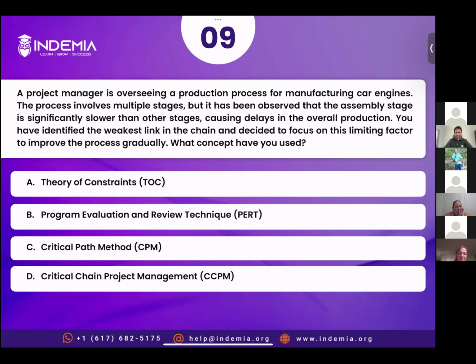All right. Thank you. Robin, you have chosen option C. Yes, quite honestly, I didn't know enough about the other options. But it just appeared that there's multiple stages and we've got a critical path set, but there's a weak link there. So he's focusing on the weakest link in the critical path. So that's why I chose C. All right. Thank you. Manmeet, you have chosen option C.